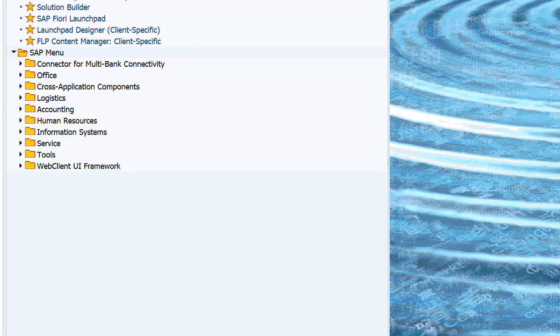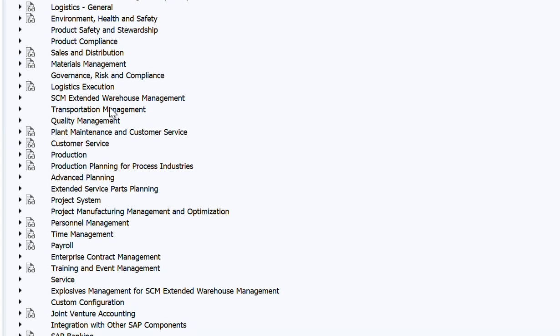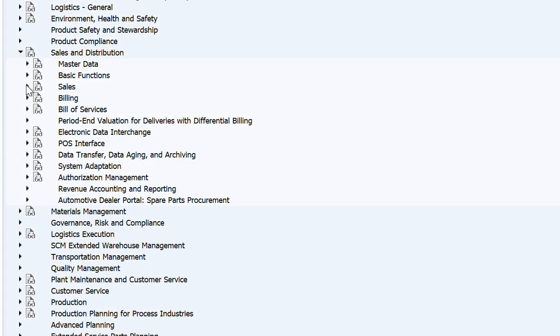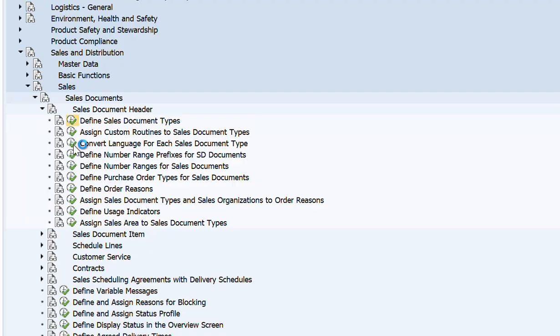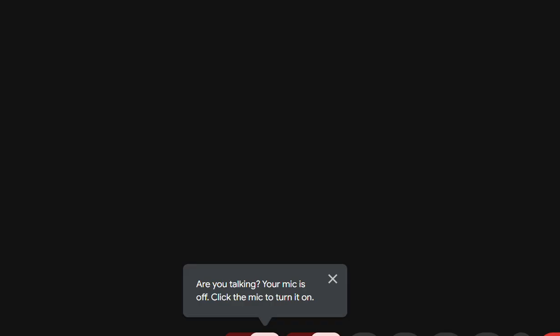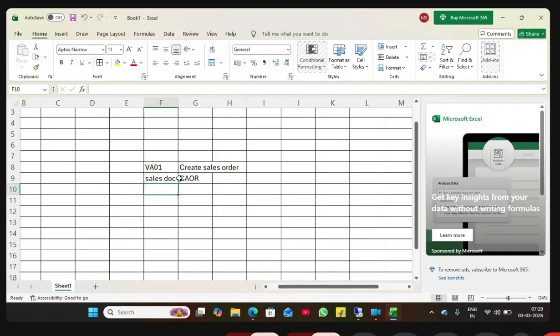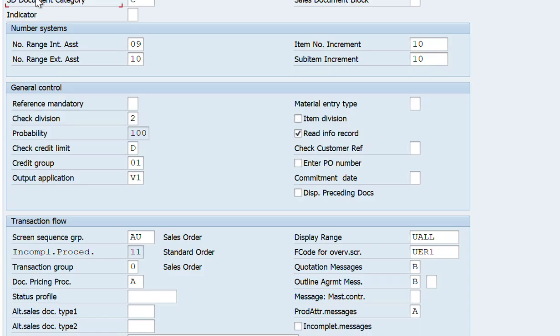Sir, your voice is breaking, sir. VA01 also you have to keep in capital letters. Yes. You can put the colors. Sure, sir. Yellow color, sir. VA01 and create that. You just select those 2, 3 rows. No, then I'll just move this CAOR this side and sales document this side. So they will be. No. No.